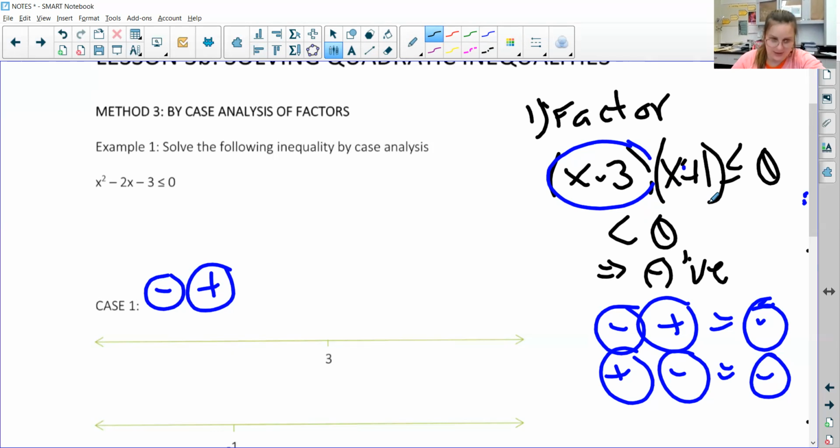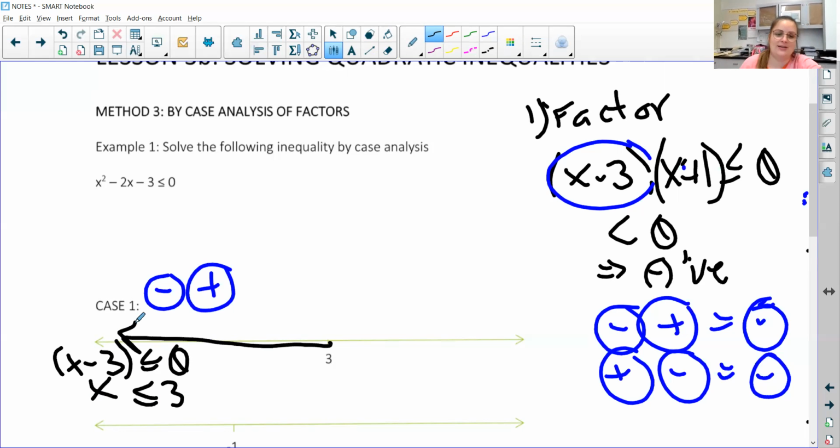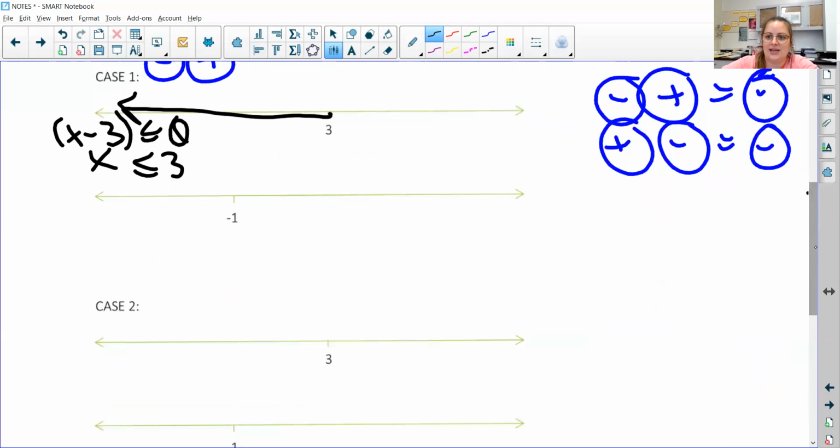So if I'm looking at the first one being negative and the second one being positive, that means that this first one has to do with 3. So if I'm saying that x minus 3 is less than or equal to 0, that means x has to be less than or equal to 3, right? So if I were to put that on a number line, I would be saying case 1, this would be how we would represent that one being negative. And if I look at the second factor